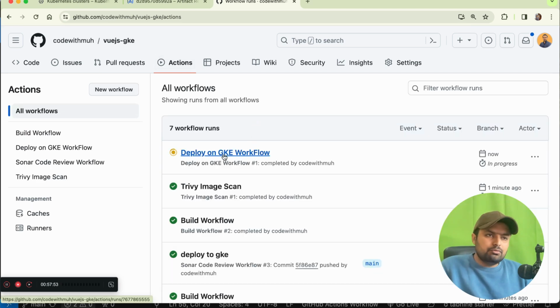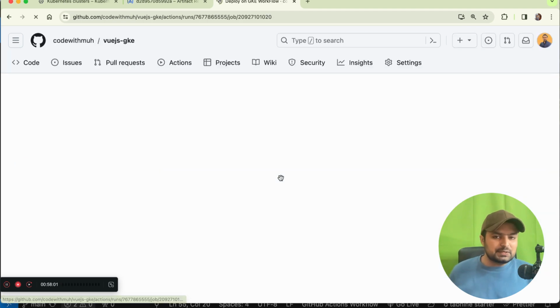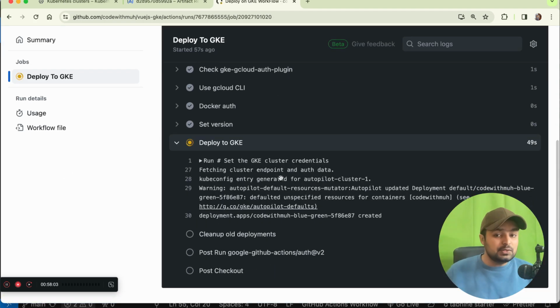Now you can see we are on our last step, which is deploying to GKE. This is being executed. When it finishes, we will browse our application in the browser. You can see this is being deployed. Autopilot cluster is done, and the deployment is created. I think it is waiting for 300 seconds in sleep mode, to make sure our deployment is